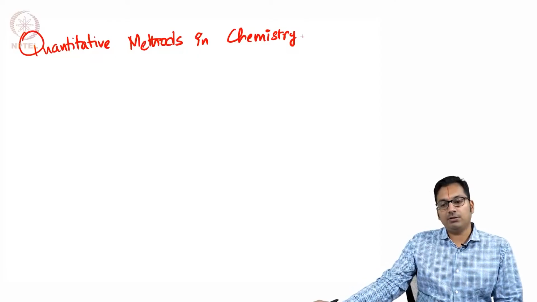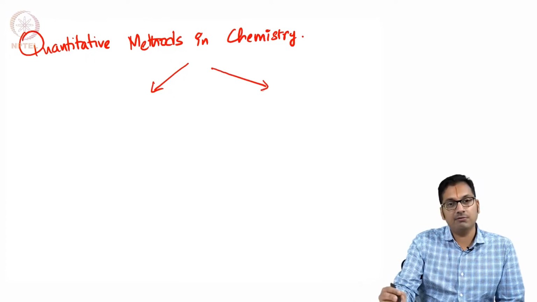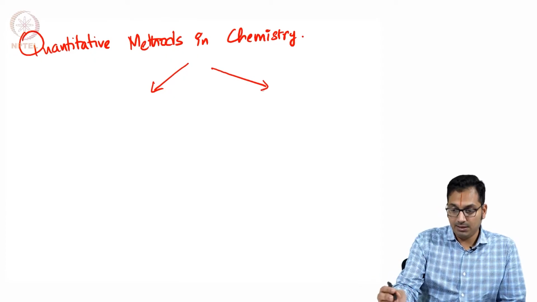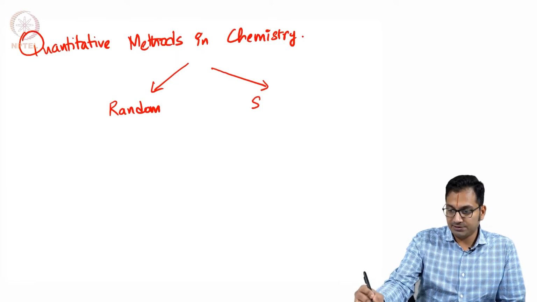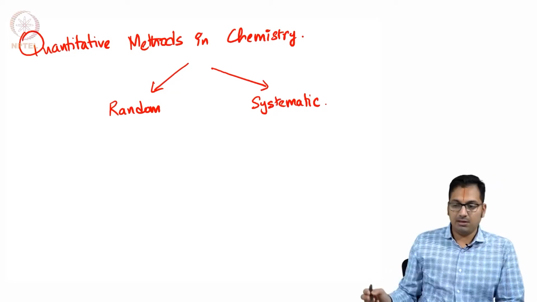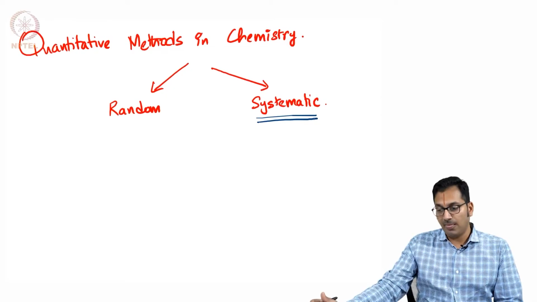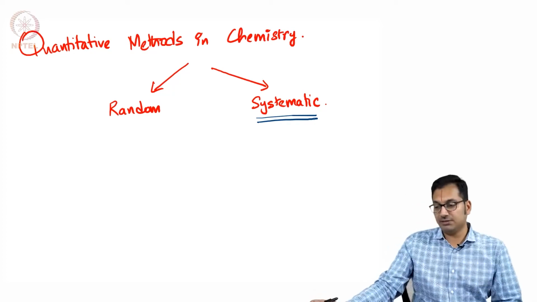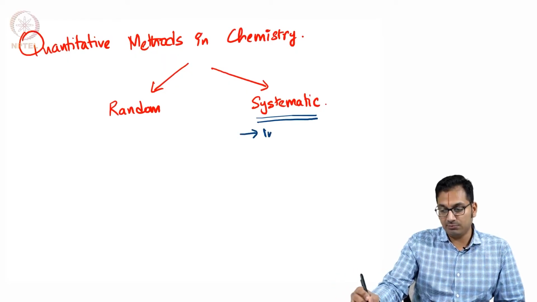In the last class, we started to understand how the uncertainties from different measurements come out. And in that regard, we saw two major ways that one can categorize errors. One is random errors, the other is systematic errors. And in systematic errors, we learned that this is something that comes up because of what we do in the experiment, and this has a reason why it comes up, and it results in a biased analysis. So one must avoid trying to do systematic errors, and out of this, these were characterized into instrumental errors,